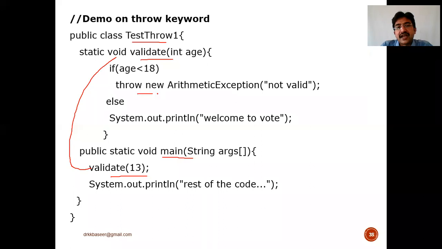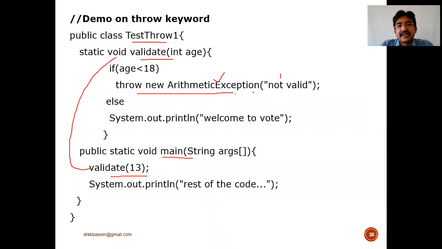Now it throws an exception object. So how do we create an object actually? With new and the constructor. ArithmeticException is a class. When you use a class name like a method, it is called a constructor. This ArithmeticException is a one-parameter constructor. What is the parameter we are passing? Not valid.